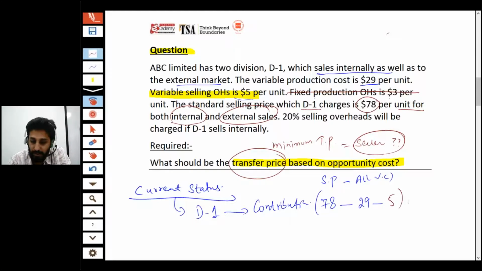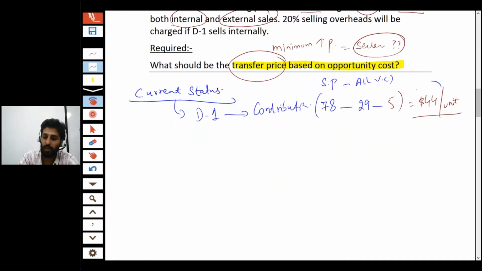This is 5, right? So what is the current contribution? That's 78 minus 29 minus 5. This is $44 per unit. And if you will be selling this product to me, your contribution would be lost. This is the contribution which you are earning